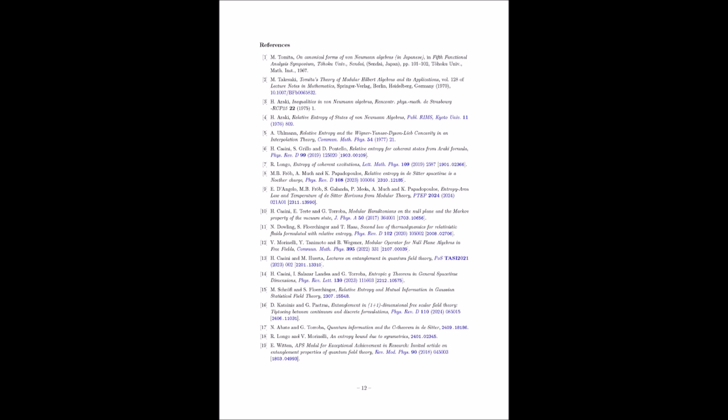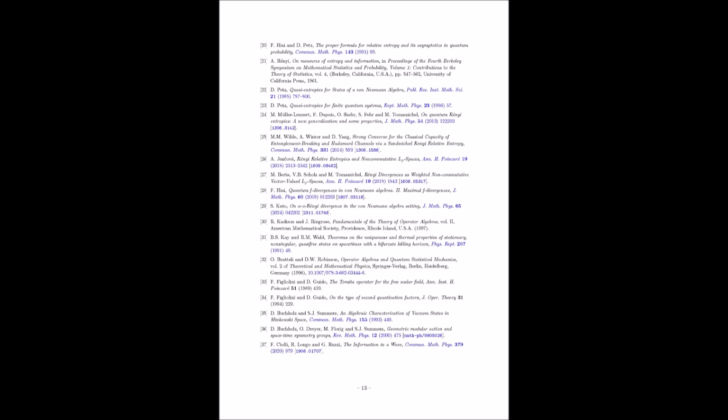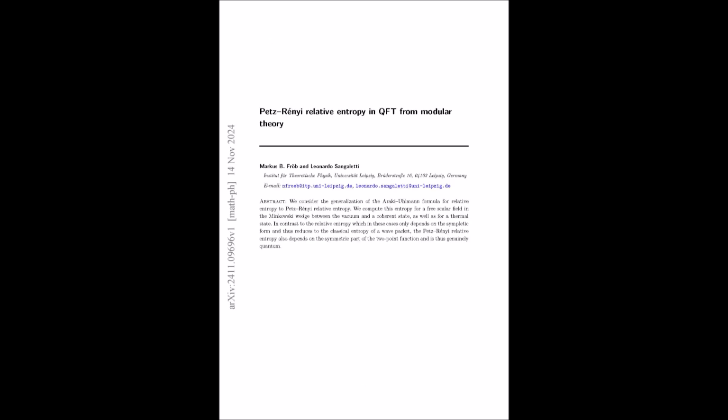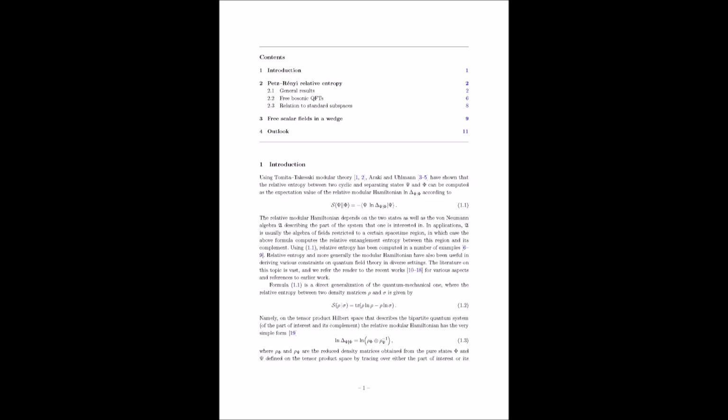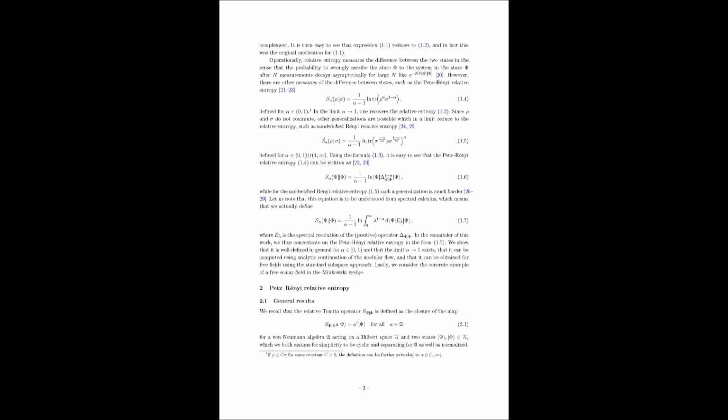Well, they utilize the power of the Bisognano-Wichmann theorem, which, as we discussed, connects the modular operator to boosts in the x1 direction. This connection is key because it allows them to express the action of the modular operator on the field operators in a very specific way. So the Bisognano-Wichmann theorem is like a bridge between the abstract world of the modular operator and the concrete world of boosts in spacetime. Exactly. And they use this bridge to derive a transformation law for the two-point function under the action of the modular operator.